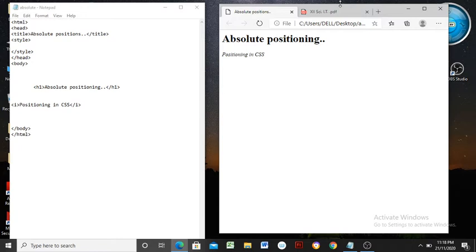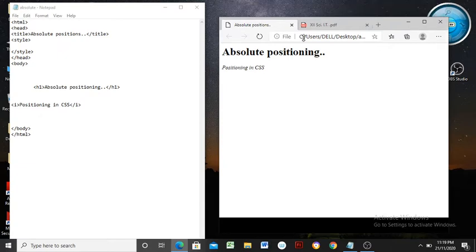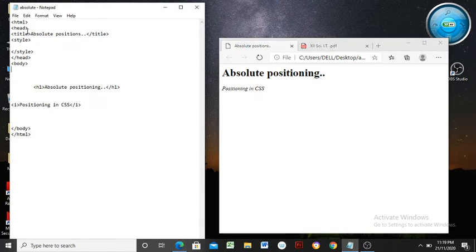Hello student, today we are going to study the next type of positioning, that is absolute positioning. In the last lecture we have seen the positioning type of relative positioning. Now we will see absolute positioning, how to design such a positioning and apply it on a web document or content in an HTML file. See here, a simple HTML file we have designed